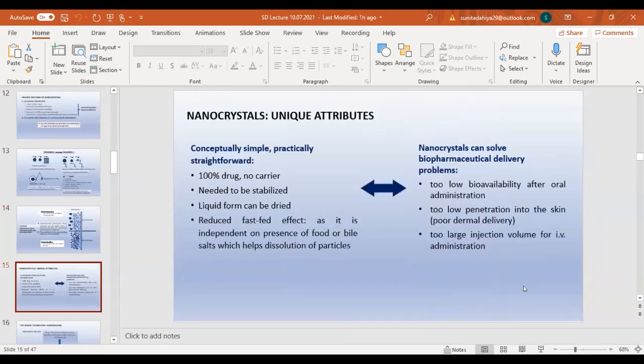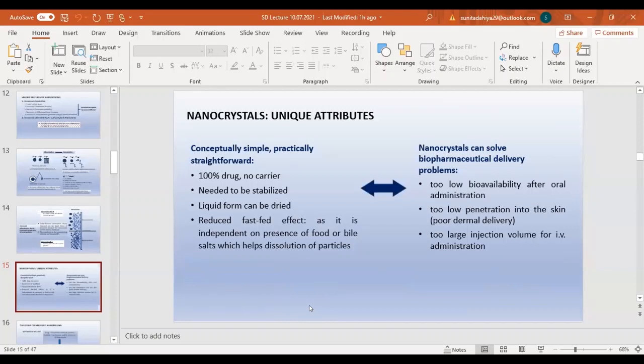Now, compared to the other nanoparticles, which use some organic solvent or some carriers or polymers, their properties also affect the nanoparticle performance. But in the case of nanocrystal, it is only the drug and stabilizer. So we can say that nanocrystal is 100% drug, no carrier. However, they need to be stabilized. This is a very, very important parameter in nanocrystal production, and we will see why nanocrystals are required to